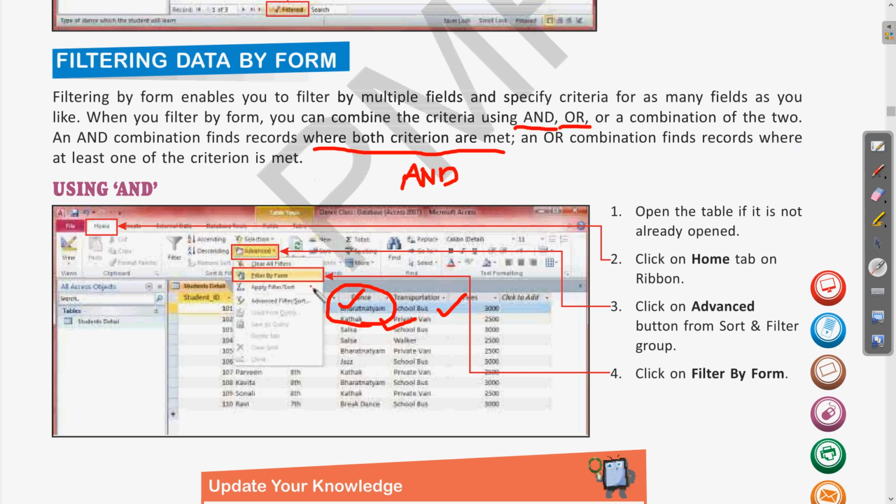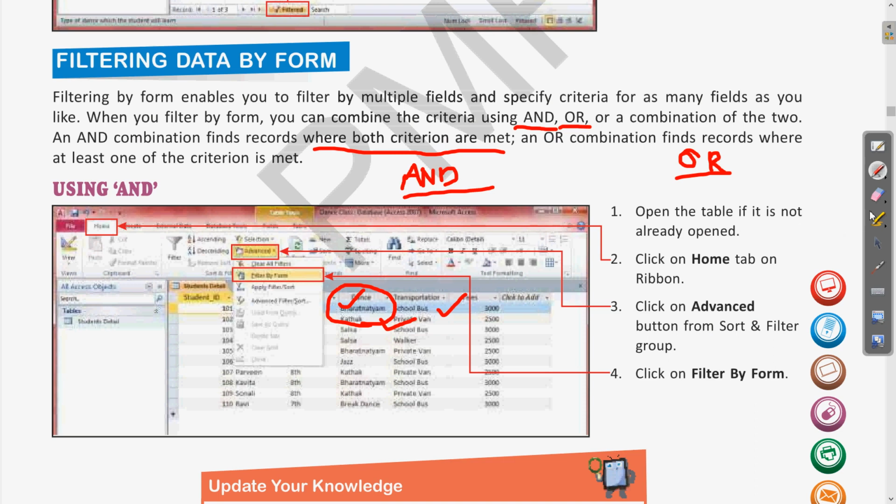Clear? So if you want to search the names of students who have either Bharatnatyam or Kathak, this will be done using the OR. Clear? So this is the way of selecting records using different criteria by the AND and OR methods. We will see these things one by one as well.